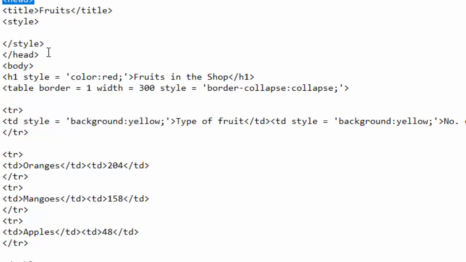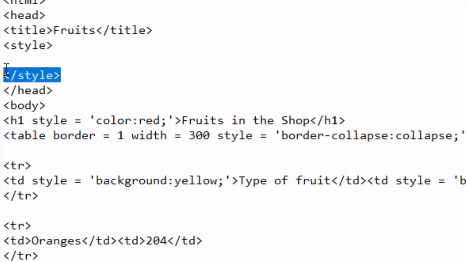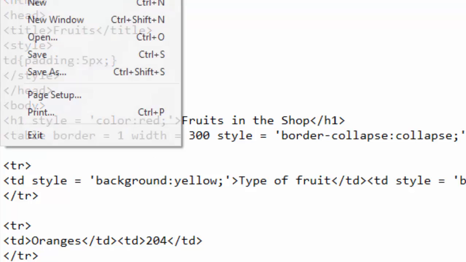I will write style and style. Then between, I will write TD once, like that, and give it a spacing. The spacing around the data inside the box is called padding. So I want to give it a padding of 5px, to space it. So I will save this